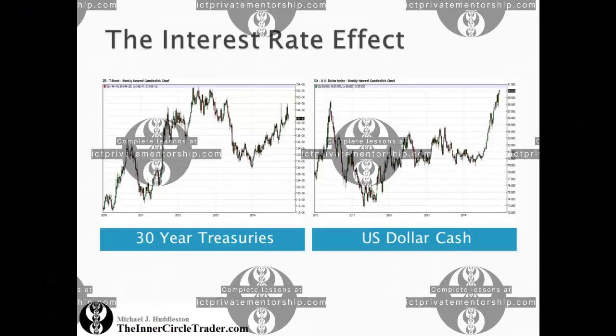When we look at the market as a whole, and I'm talking all asset classes, I'm talking equities, currencies, commodities, even agricultural and foods and softs as it relates to commodities, and energy prices like oil, gold and silver as precious metals. All of those particular markets